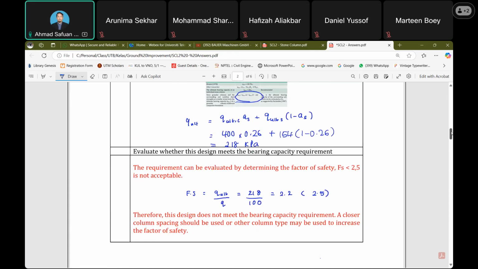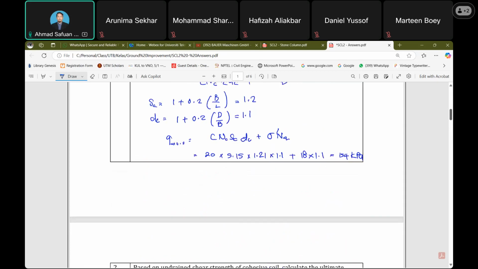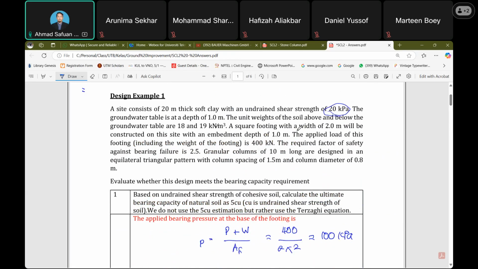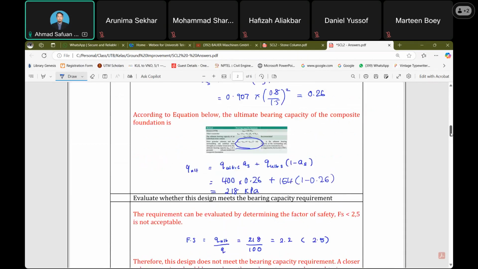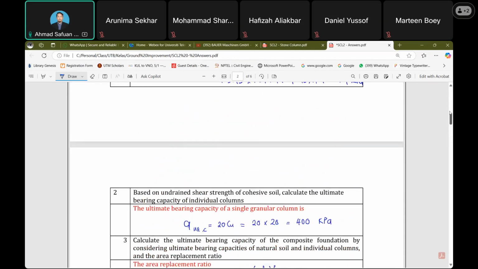Okay, the requirement can be evaluated by determining the factor of safety. In this case, the factor of safety used is 2.5. If less than 2.5, it's not acceptable. When we get the 2.5, okay, from here, it means that the improvements over the capacity of the